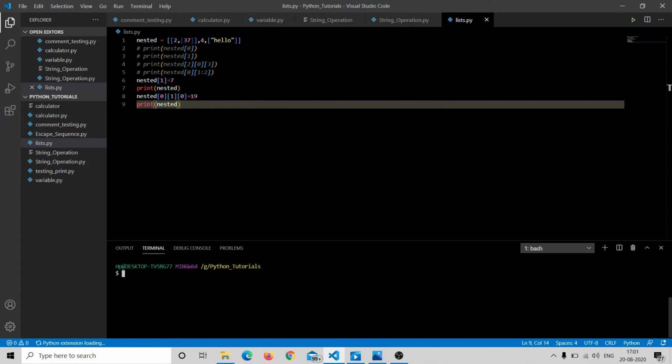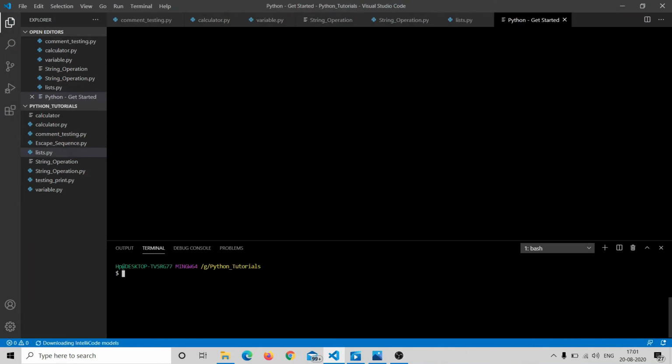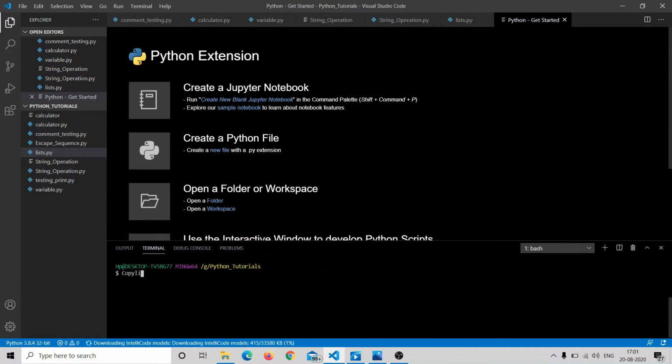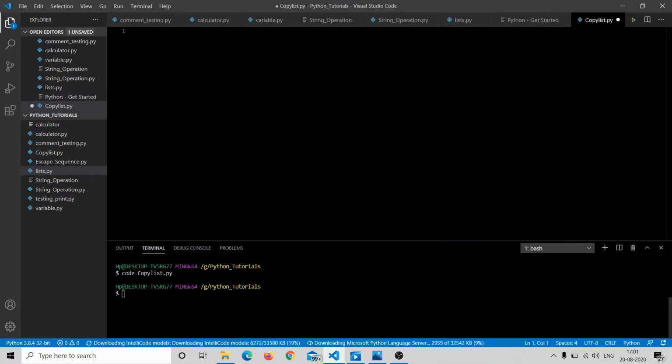What will I do first? I'll create a new file as I want to copy. So I'll create a new file, copy list dot py, and now control save and it's done.